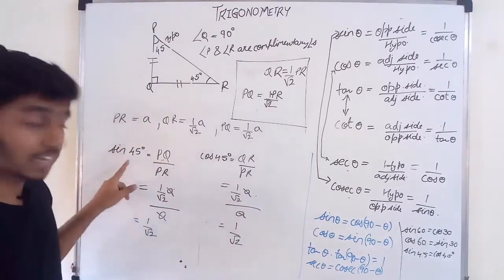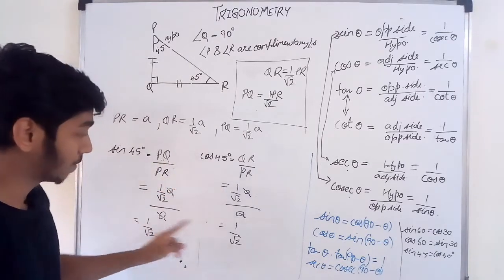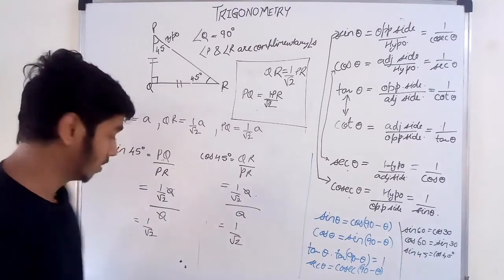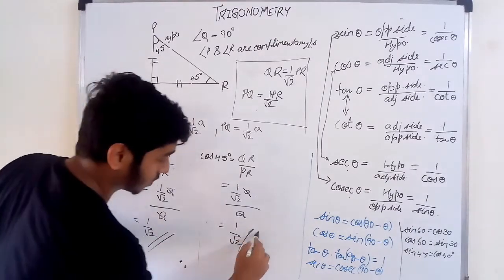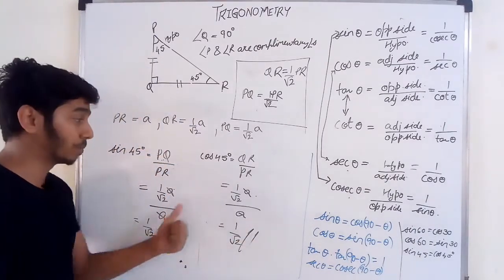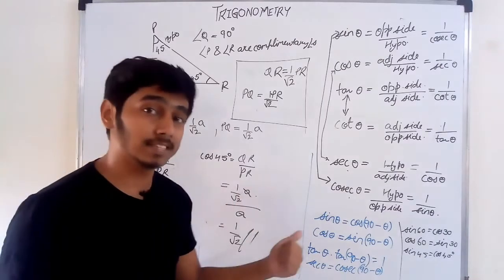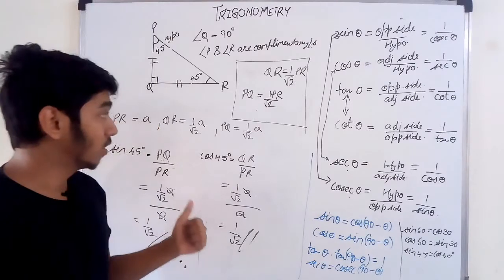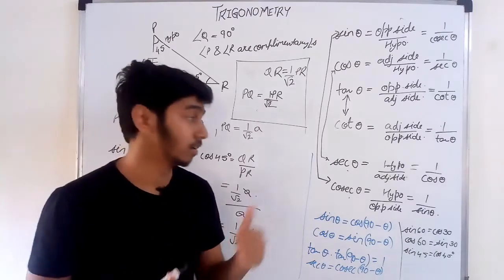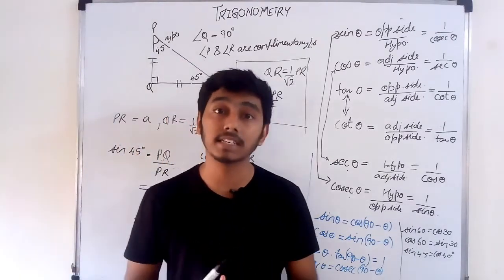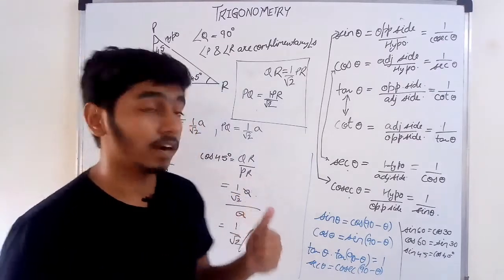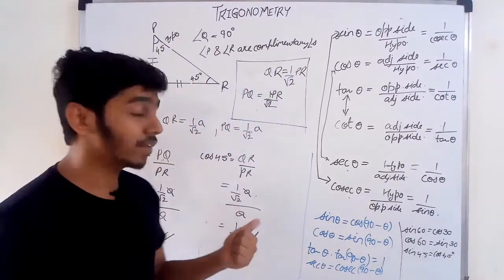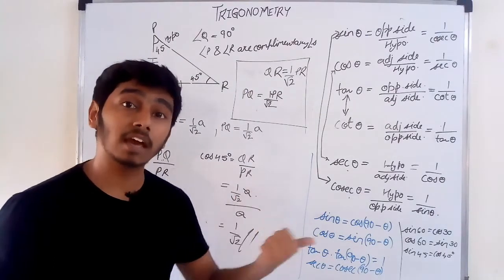So again, if you see sine 45 and cos 45, they are coming as 1 by root 2, 1 by root 2, both are the same. Okay, so you can make a note of this, and also the previous one, which is sine 30, sine 60, and cos 30, cos 60. So now we have found sine values of 30 degree, 60 degree, and cos values of 30 degree and 60 degree. Same way we can also find the values of tan.